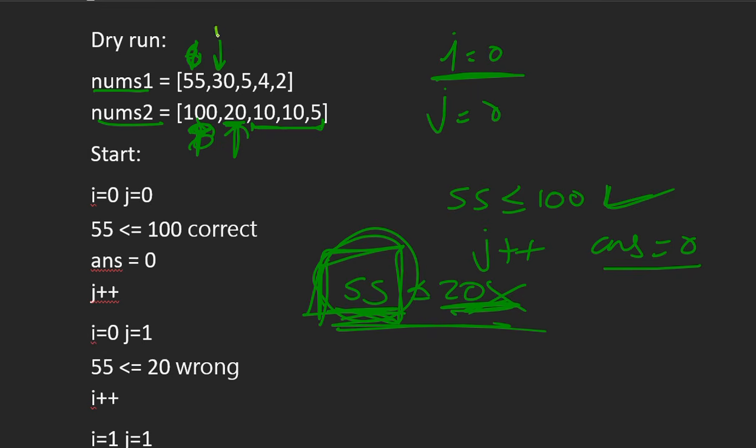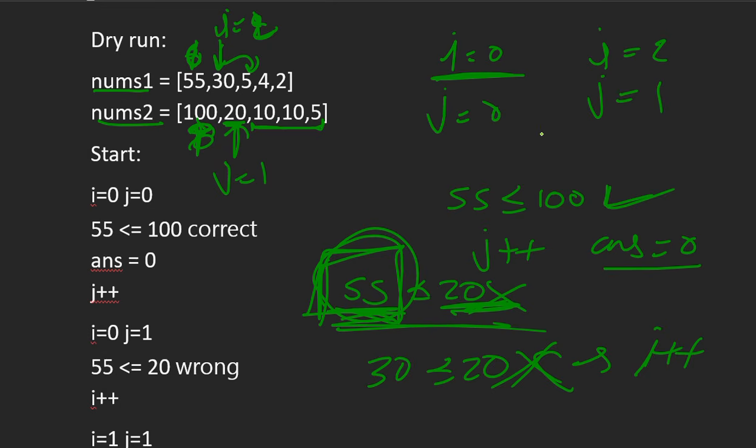So I will become 1 and j is also equal to 1. So again we check, is 30 less than or equal to 20? No, 30 is not less than 20. Then we again increase I. So now our I will become 2. But still, if you see, I is equal to 2, but our j is equal to 1. But the other condition is I should be lesser than or equal to j. So we make j equal to I also. So now we have shifted j also. So now j has become 2, right? So now our I is equal to 2, j is equal to 2.